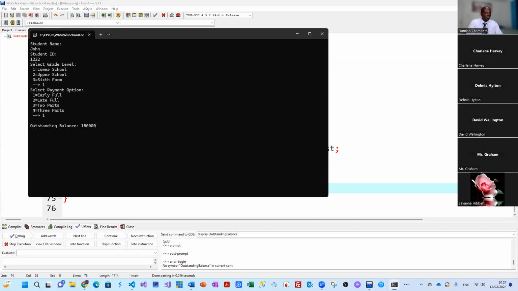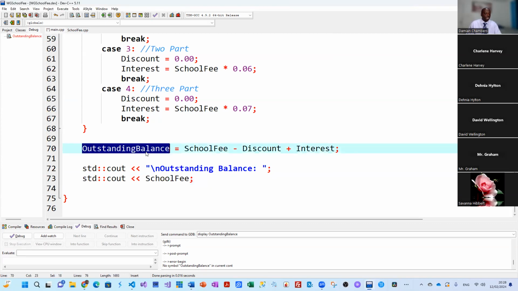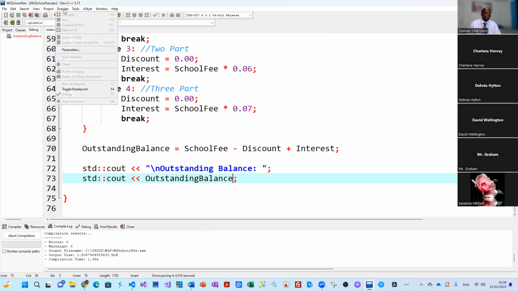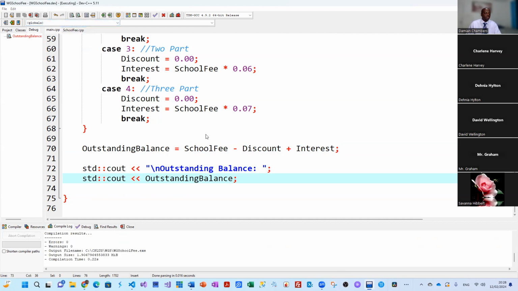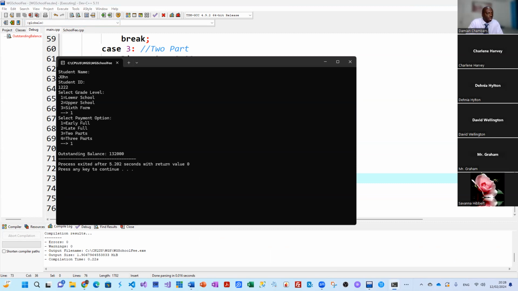Yeah, finally. Okay, but that's not the correct answer I'm looking for though. So I'm going to take this out and I want it to print the outstanding balance. Yeah, because I had cin in there already. It was rebuilding it, but it was still reading it as cin. That's very interesting. Anyway, John 2, 1, 1. Okay. Outstanding balance